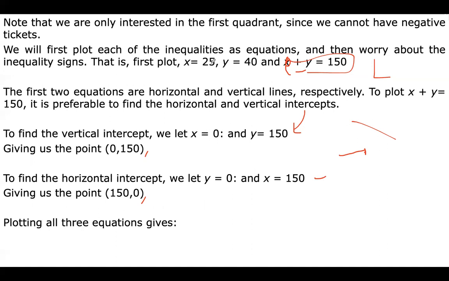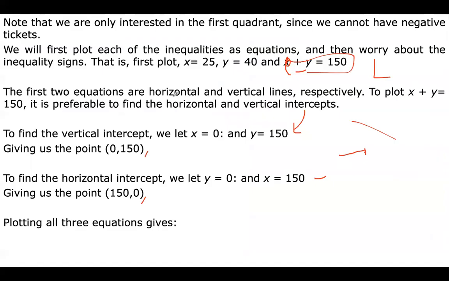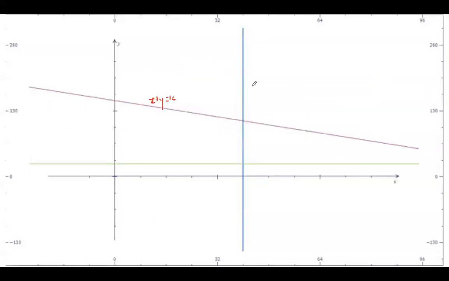And similarly, X equal to 225, we can easily plot, and Y equal to 40. Let's see now. So these are 3 lines that we have plotted. Okay, so you can see here, this is our slope line, X plus Y is equal to 150. Right, and then we have Y equal to 40, so that will be our green line. And X equal to 40, that will be our blue line. Got it? So this is how we plot the line on the graph.